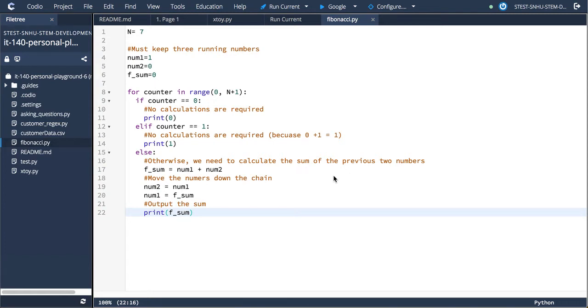This is a short video on how to calculate a Fibonacci sequence using a for loop. A Fibonacci sequence is basically calculated by saying the previous two numbers equal the current number, and you move down a chain continuing to do that. So for instance, a Fibonacci sequence would be